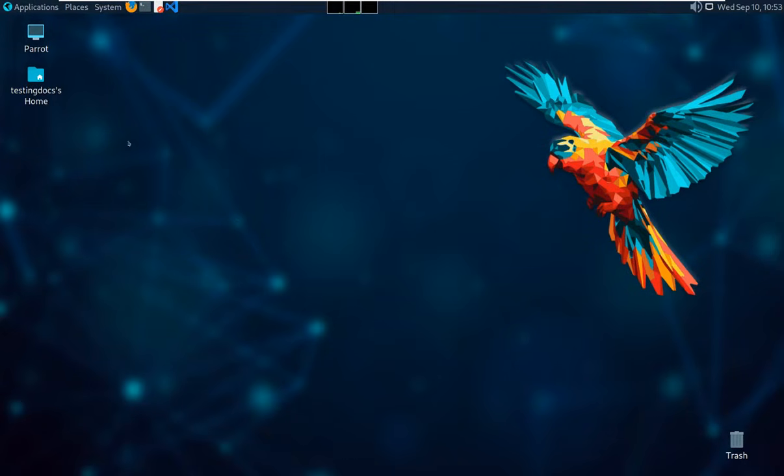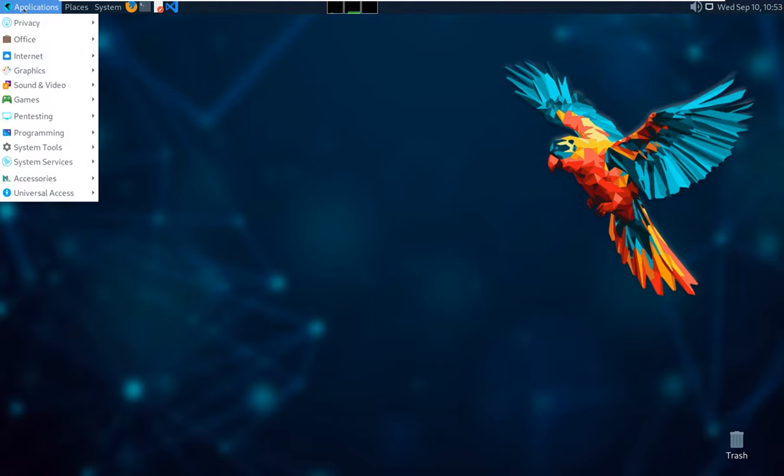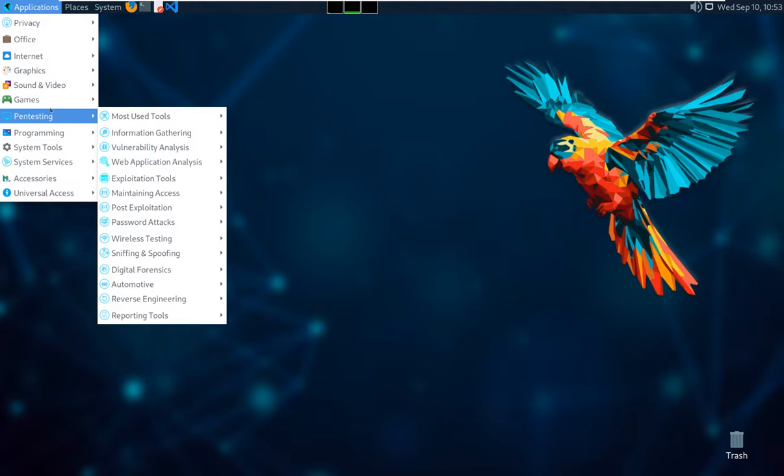This is the default Parrot OS screen. You can find the penetration testing applications under the application menu. Choose pen testing and you can find